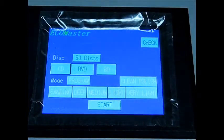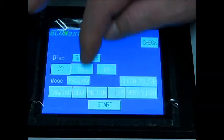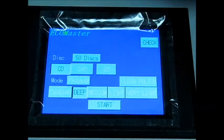See how it won't let you select those buttons? To be able to do a deep or repair or sanding, you have to be in CD. Now it lets you select those buttons. That's the only difference between CD and DVD. Again, the machine repairs the discs exactly the same, whether it's in CD or DVD. The only difference between these two buttons is if you want to do deep or sanding, you have to be